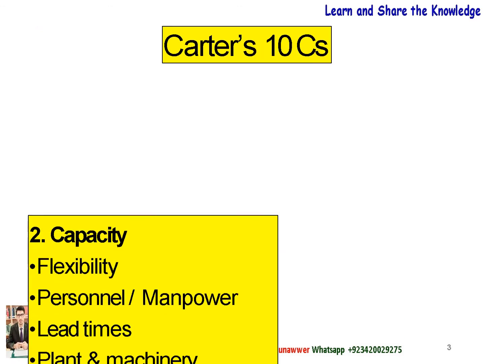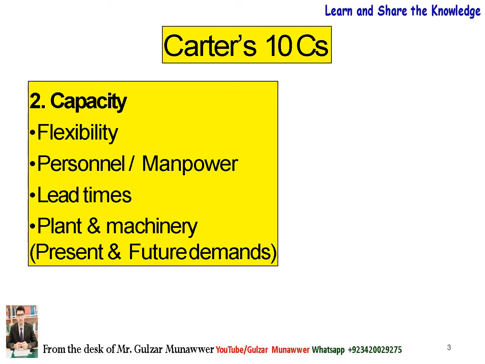Next one we have is the capacity. A supplier might have the competence to provide you with what you need, but do they have enough capacity to meet your requirements? Therefore, during your evaluation, talk to the supplier and understand their production or supply capacity, as well as how they plan to deal with fluctuation in supply or demand. For example, if your organization needs 10,000 units of product every month, but the supplier can only produce 7,000 units in a month, then they do not have enough capacity to meet your need.